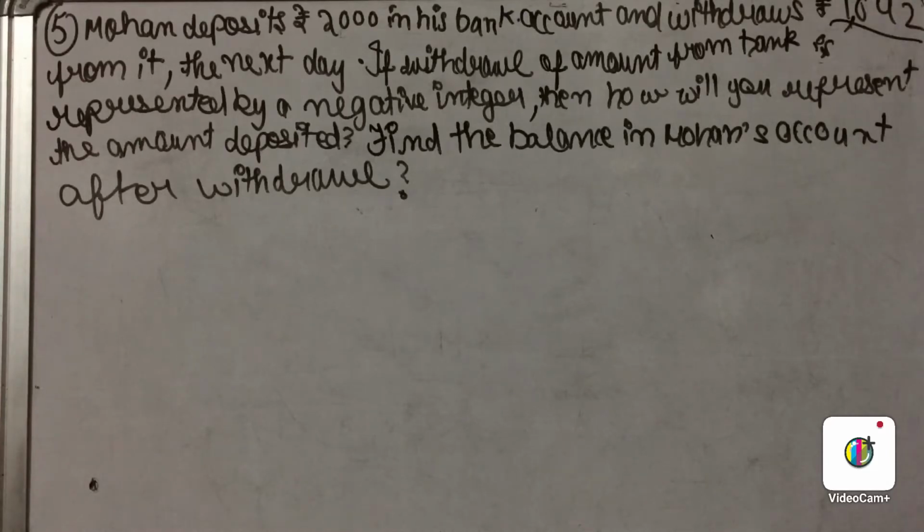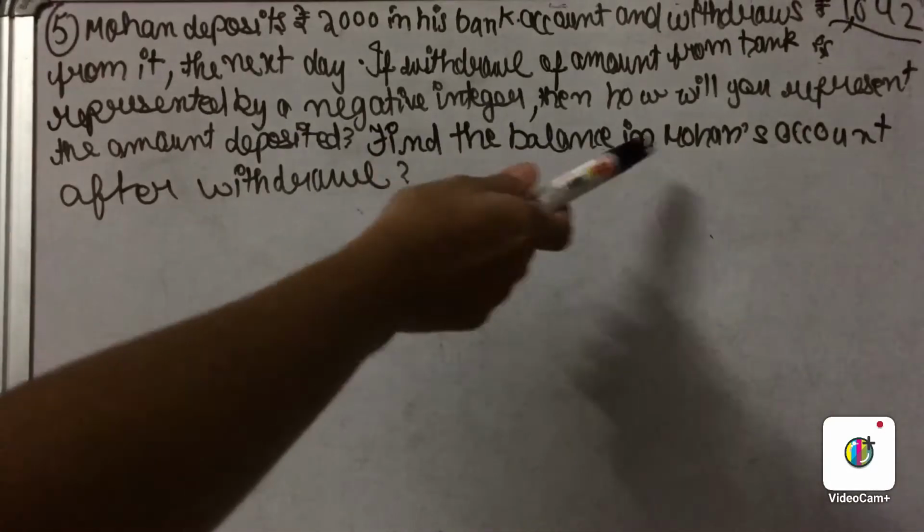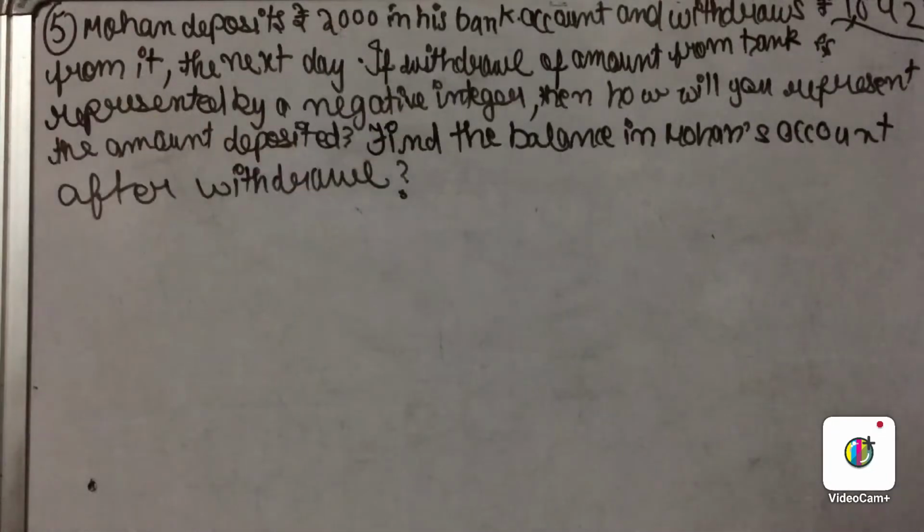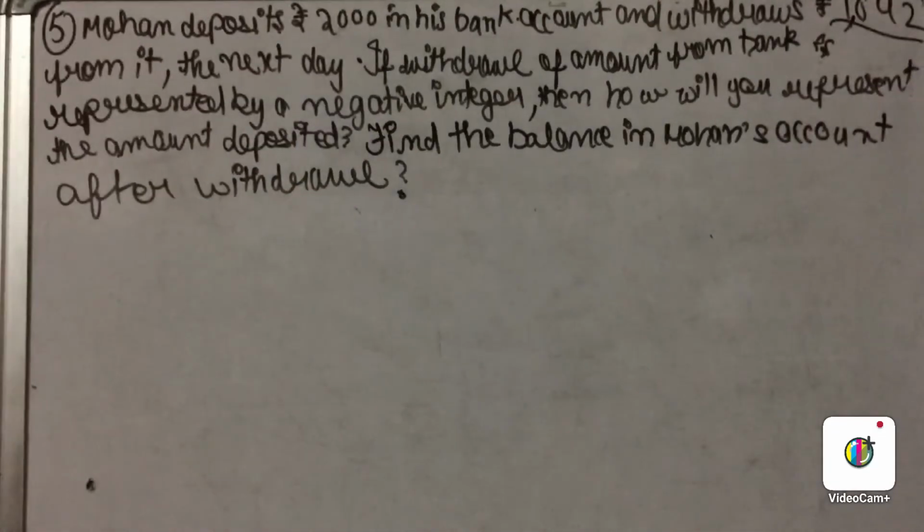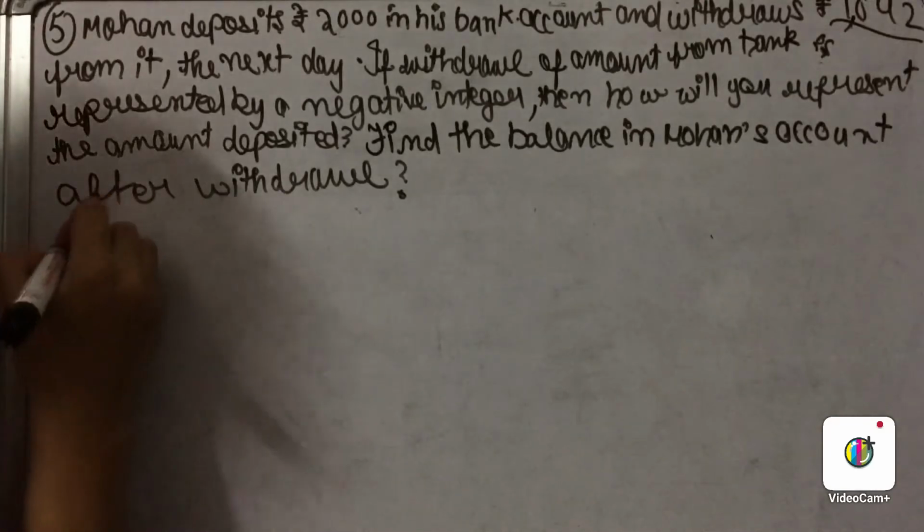So now you have to just understand the statement. The statement is that Mohan deposits rupees 2000 in his bank account, and then the next day he withdraws 1642. So now here is given, if the withdrawal of amount from bank is represented by a negative integer, then how will you represent the amount deposited? So firstly we will write the amount withdrawal as follows: